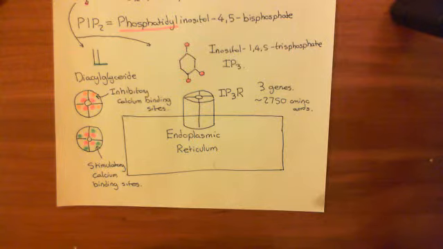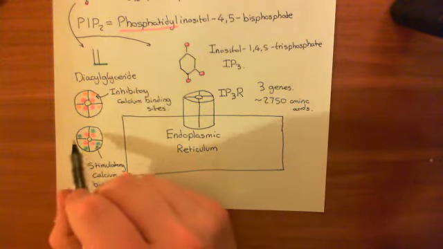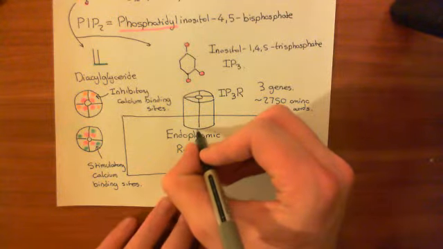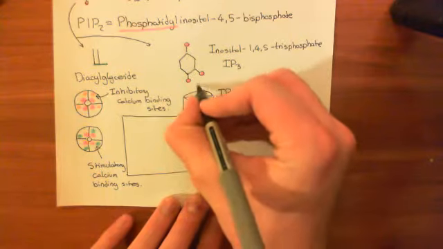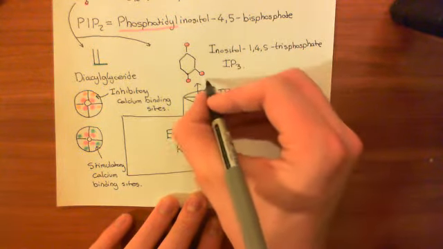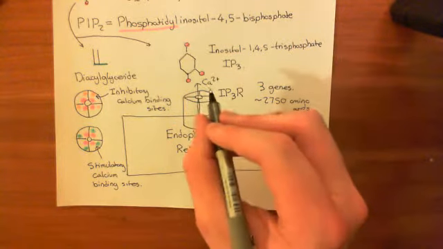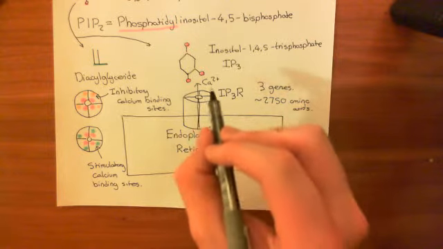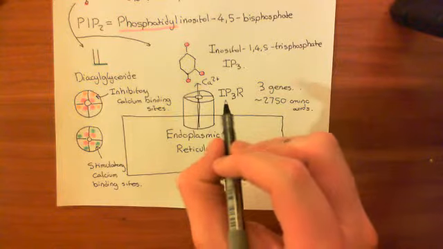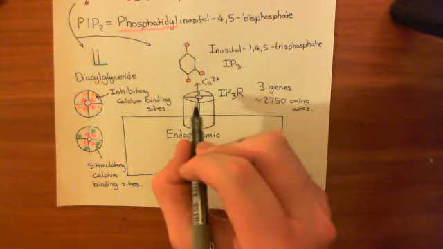Okay, right. So, if calcium comes in and binds to these stimulatory binding sites, what will now happen is that this IP3 receptor will open and you will release calcium from the endoplasmic reticulum into the cytoplasm. Now, you will release a huge amount of calcium, quite a lot of calcium compared to the amount that's in the cytoplasm usually. You will release a lot of calcium from the endoplasmic reticulum through these IP3 receptors,